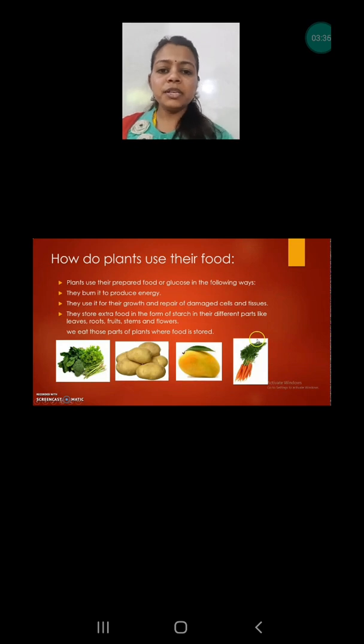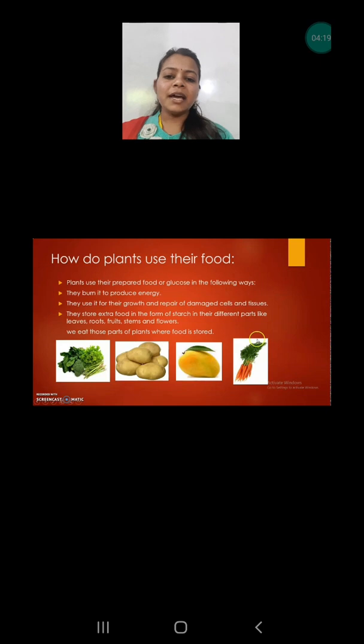Next, after photosynthesis, plants make their food in the form of glucose, which gives them energy. But sometimes they store extra food, so that when they do not get the proper amount of sunlight or water or any of the ingredients, at that time they can use their stored food. That stored food is known as starch. Some plants store it in the leaf, some in the root, some in the stem.